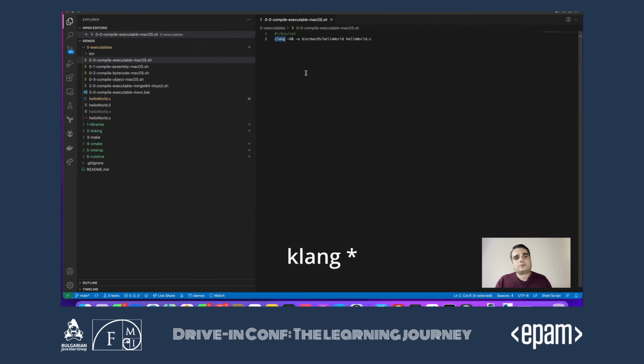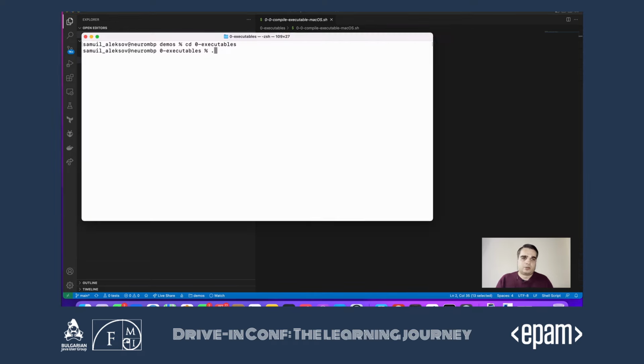And most compilers, so Clang, GCC, MinGW, which is again an interface on top of those, have the same interface. So what we need to tell them is the optimization level, which is an optional flag, but here we say don't perform any kind of optimizations, so O0, and we want you to output into this directory the executable, which you're going to create by compiling this unit of code, which is our hello world.c. So if we run this script, we'll get an executable in our macOS folder.